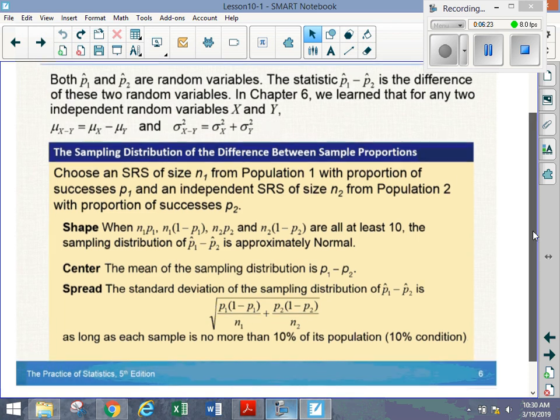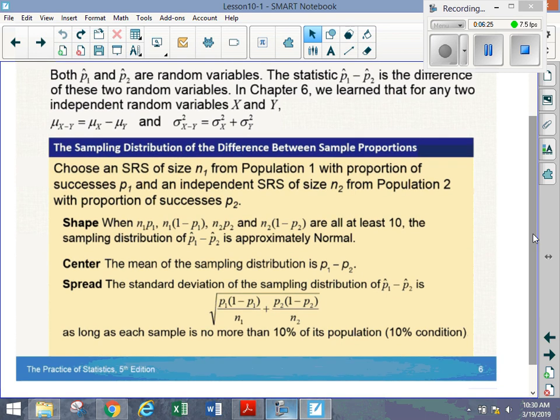So we're down to the nitty-gritty of this thing, right? If we're comparing the difference in two proportions, there are conditions that we've got to check. Each one of these two proportions must come from a simple random sample. We're also going to need to check